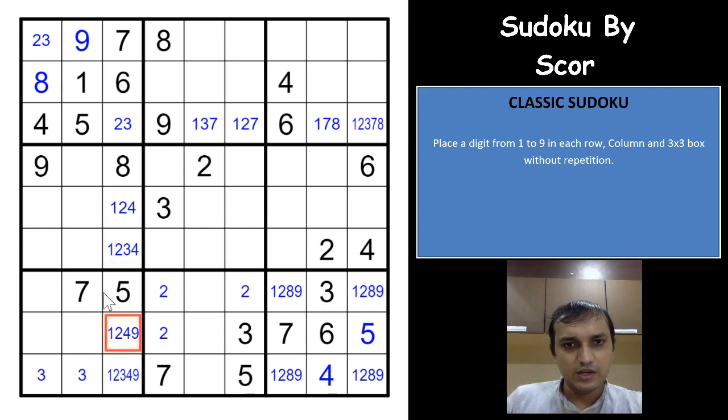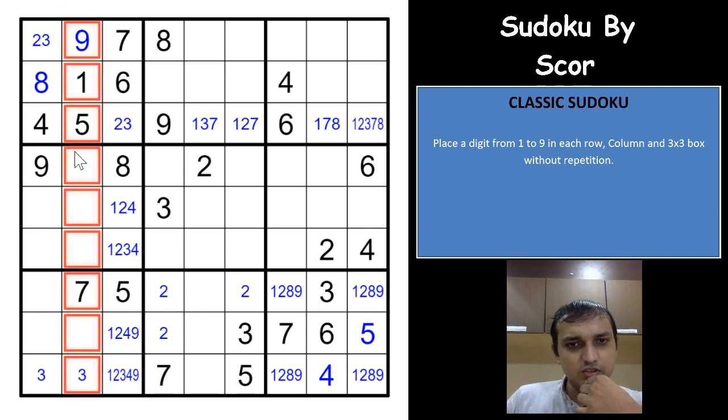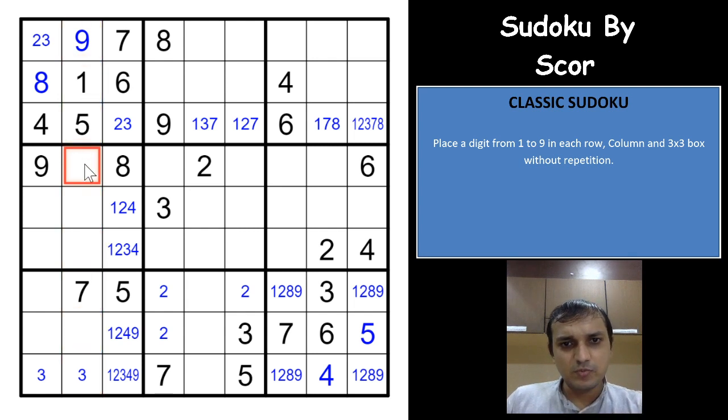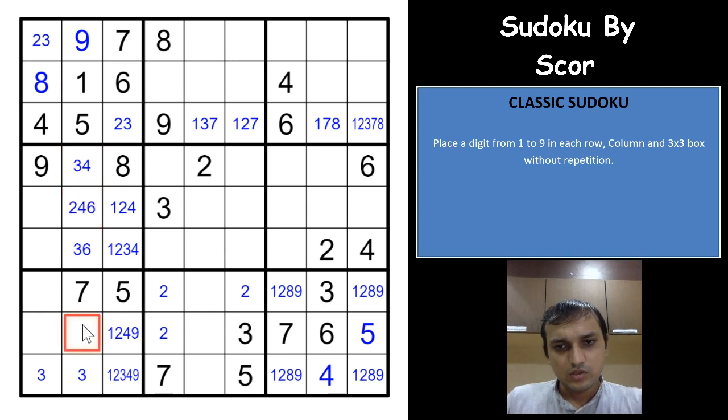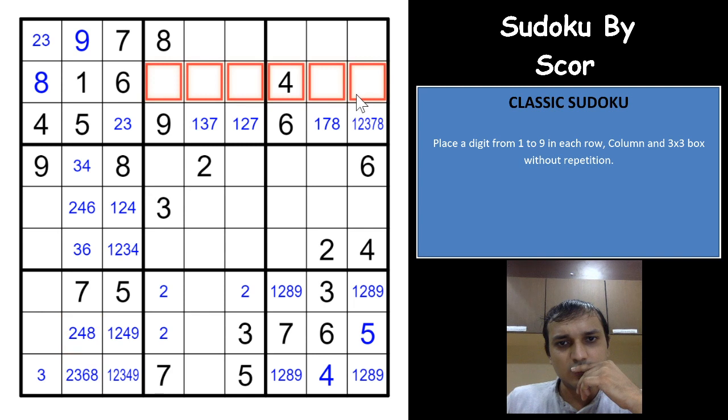Let's see what else we can get here. Seeing this column, you need 2 3 4 6 and 8. 8 cannot be here. 2 and 6, 3 and 4 would have to be here. So 2 4 8 3 and 6, 3 8 2 4 6, 3 6 2 4 and 8, 4 2 3 6 and 8, right? We have placed that here. Let's see this column now.